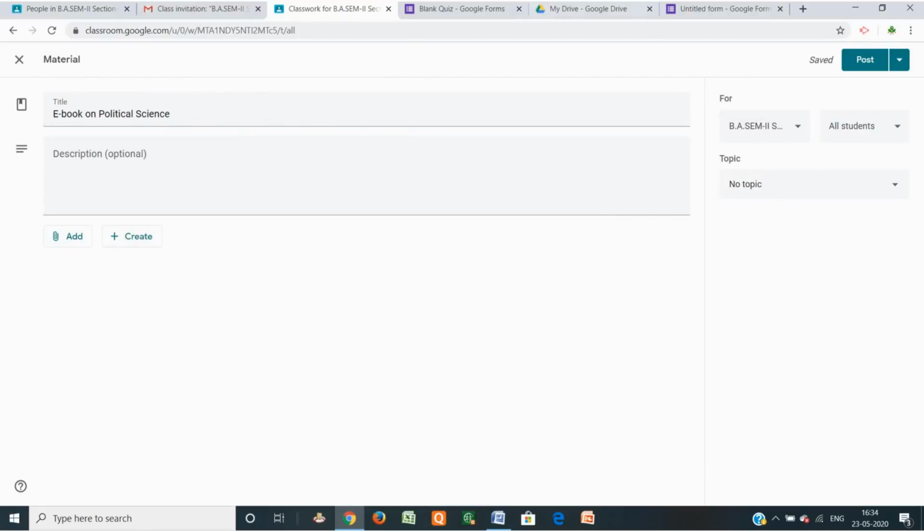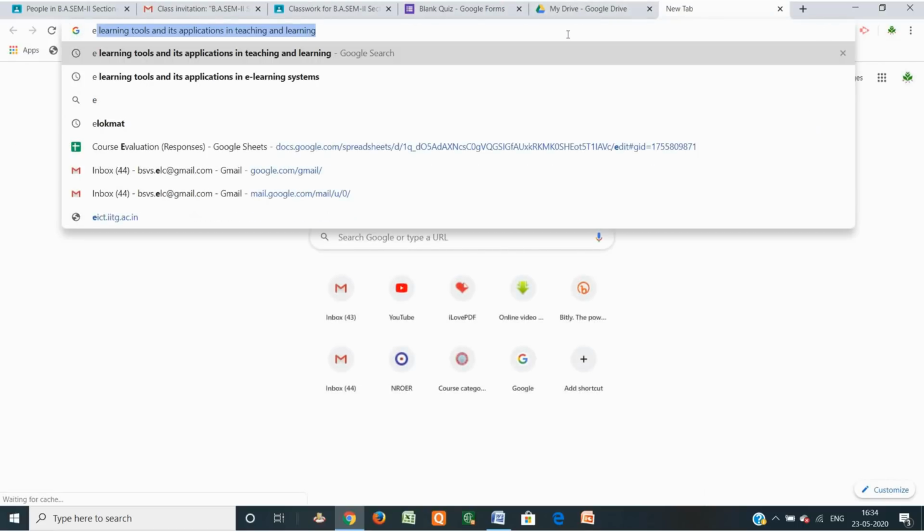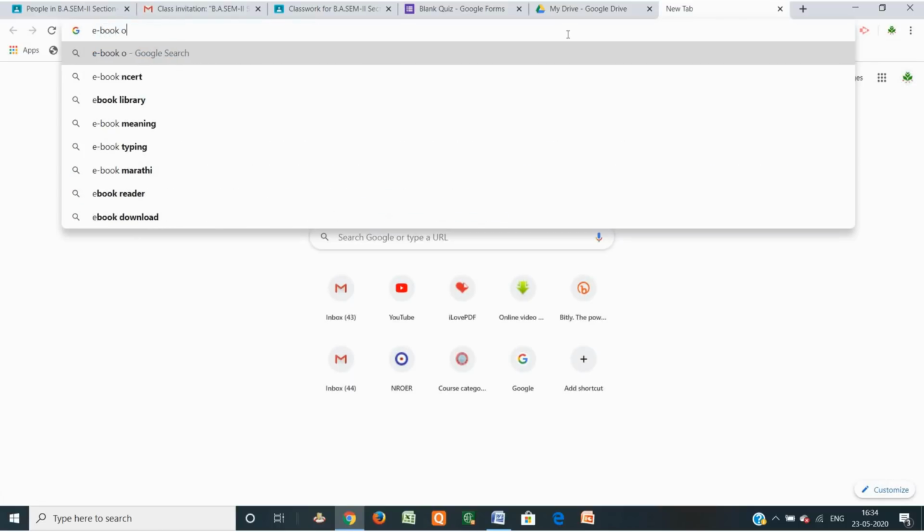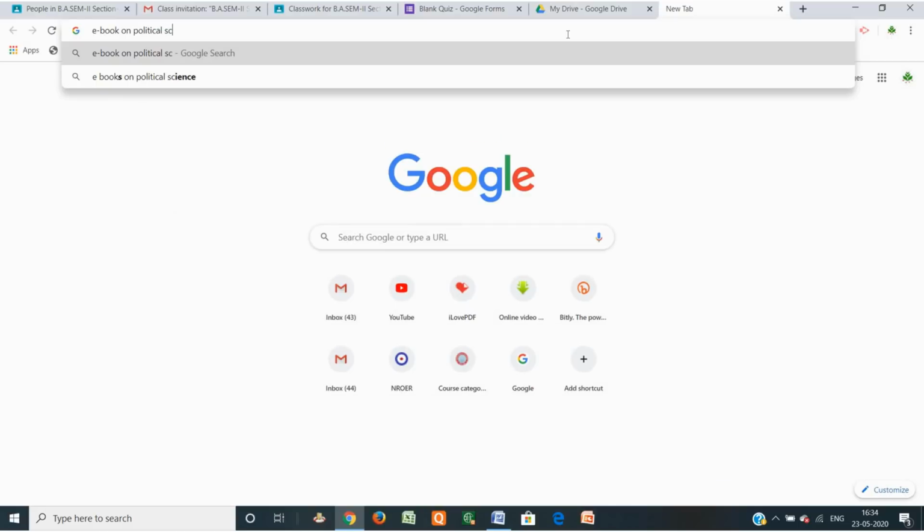Another way is just search the file, book from the internet, ebook on political science PDF file.